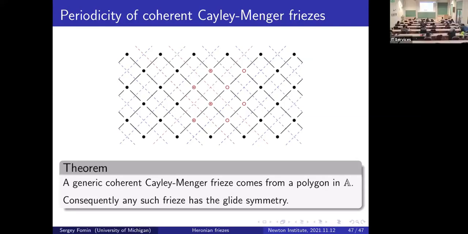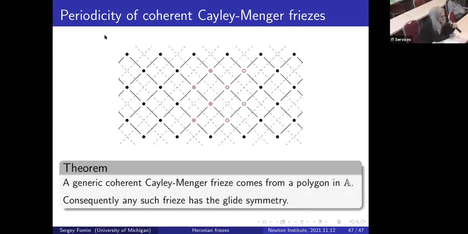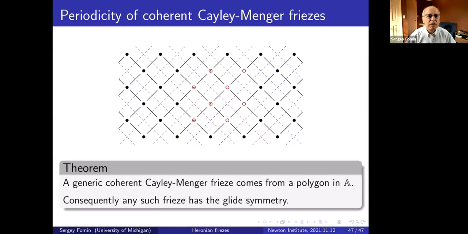Thanks for the lovely talk, Sergey. Can you say what collections of data would be enough for you to be able to continue rationally? I mean, you have these two strips that give you enough that you can then continue rationally to everybody else. Right. Is what's enough in general? Yeah, well, that's exactly what I would like to know.